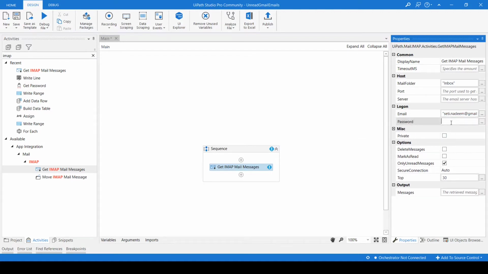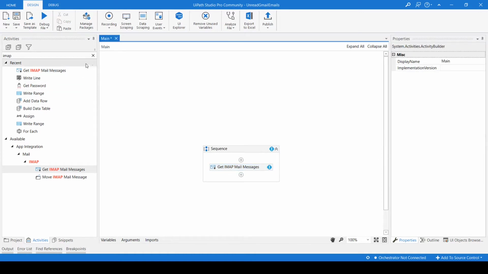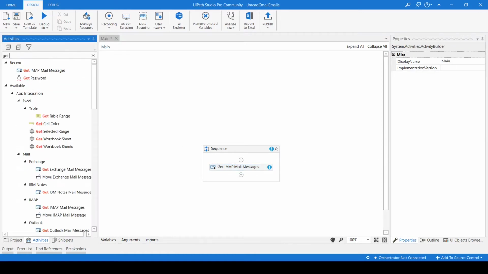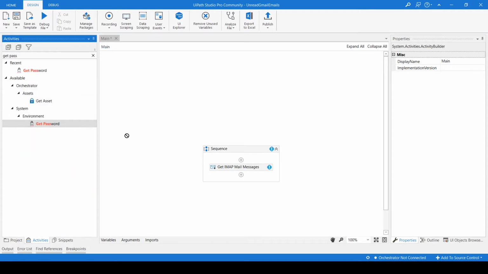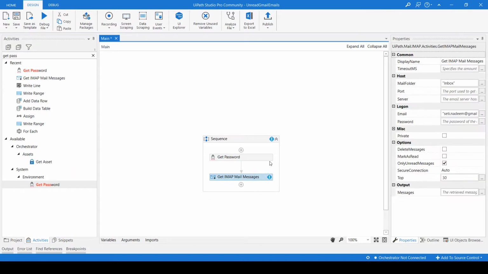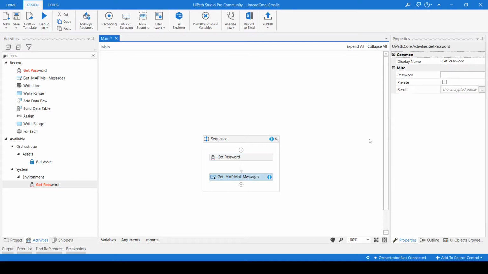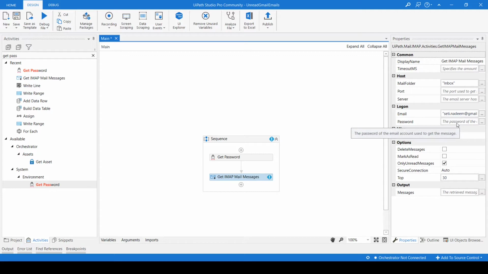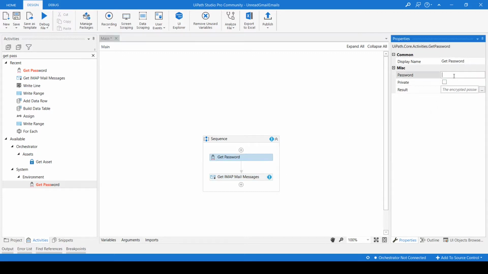The password we can pass it here. But if you pass the password here, it is a string type of password and it is visible. I don't want that, so I want to encrypt the password. For this I will take the Get Password activity. What I basically want to do is store the password into one variable and pass the variable here so that it will not be visible. This is my password. See, when I type the password, it is showing star star star, not a string value. And we can store it here.